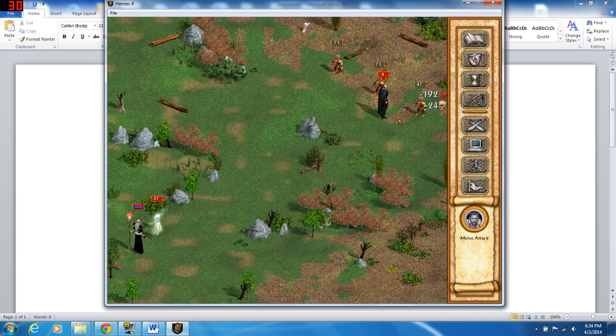I know I'm not playing with exact efficiency, but I just try to... I could cast burst or something, but always be